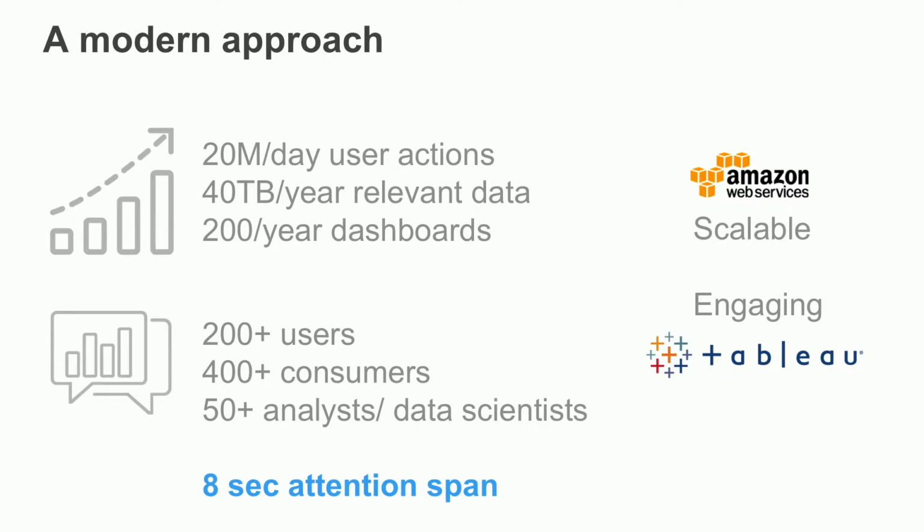The problem at the bottom of the screen, the 8-second attention span. We were not able to get people to use most of these things. That's because, one, performance was a problem. Everybody has a shorter and shorter attention span. Anytime we said, okay, go use the data, they would try it a few times and say, oh my God, it's too slow, and they would not use it. That slowed us down in terms of getting data democratization.